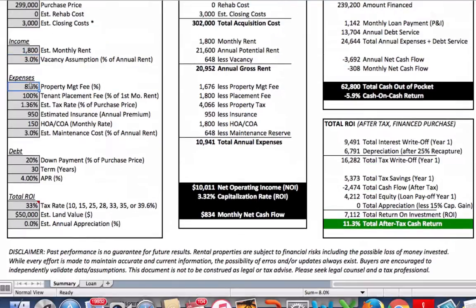The expenses will assume an 8% management fee. You want to check with Fusilier Management Group to see what that is. The placement fee is an expense the first year or any year that they're putting a new tenant in there, because the management company is keeping 1 month of that rent, or 100% of the first month's rent on that lease. And the tax rate, let's see, 1.36% is what I used in the last one, because that was a tax of $4,000. Well, on the other house, it was about